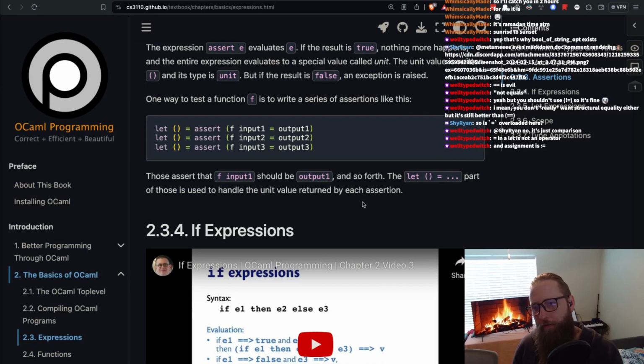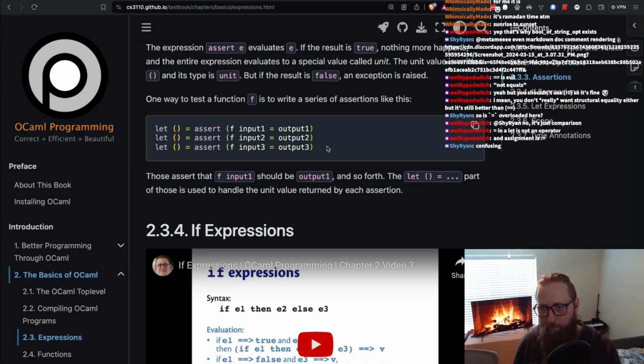One way to test a function f is to write a series of assertions like this. Yep. Assert. Those assert that f input 1 should be output 1 and so forth. The let equals part of those is used to handle the unit value returned by each assertion. Yeah. So